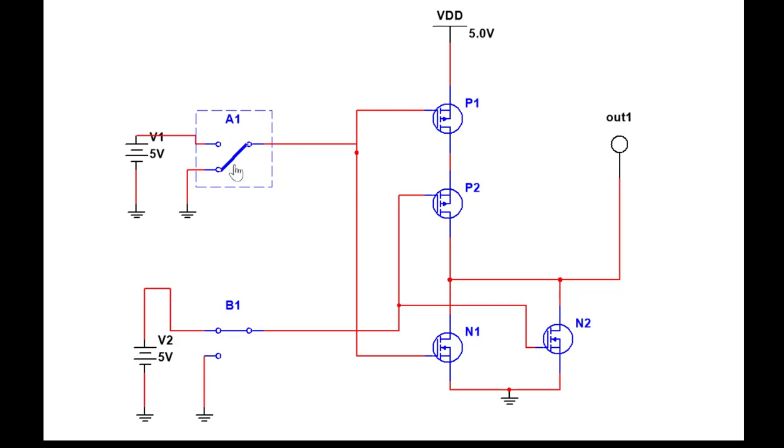But when you keep both 0 0, you have an effective connection towards the power supply with respect to the output. If you look here, this output will be connected through these two conducting, or on, transistors P1 and P2 to the power supply. As a result, you are getting the output as logic 1. So this is the working of your NOR gate using the CMOS transistors.